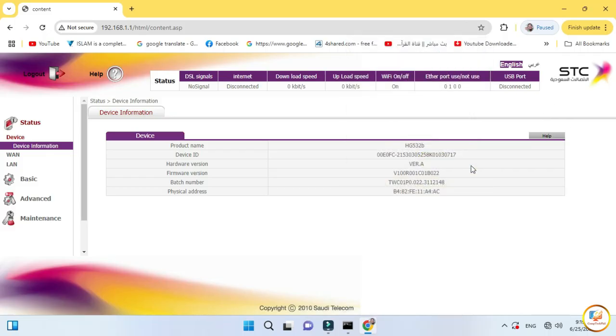As you can see, the STC router window is open. What we need to do now, as I told you before, is take the IP address of our main router. As you remember, we have 192.168.8.1. This is the default gateway of our main router, our internet service provider.